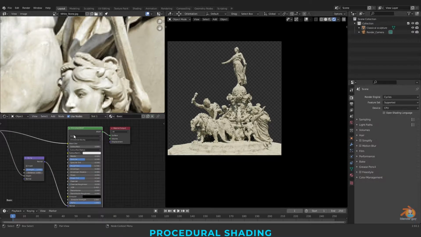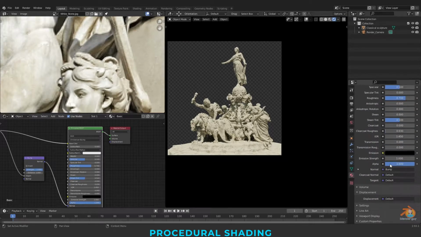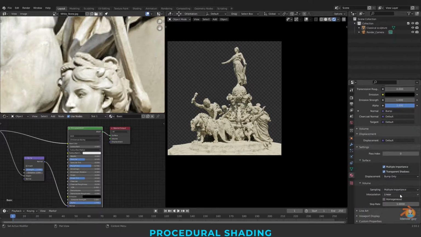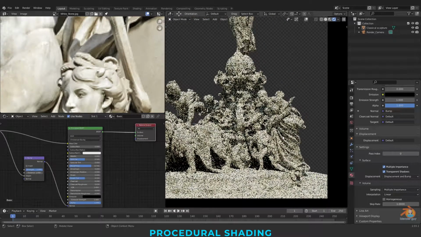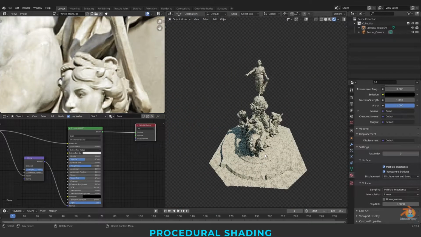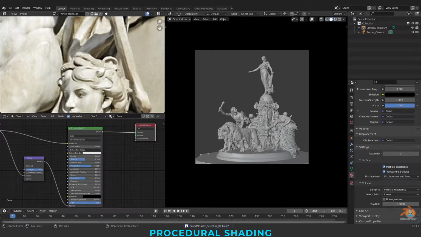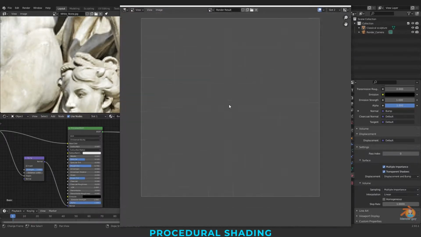Always whenever we are going for bump, before that select this principled BSDF, your material, and go to the material tab, and in the settings switch on this bump and displacement. Then you can see the displacement also, which I'll show in some time. Let's check the render. So we have our render layer here in slot 2. I'm just pressing F12.